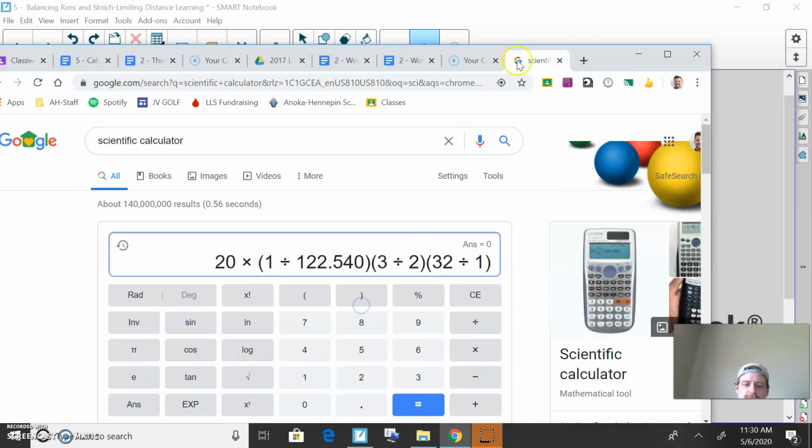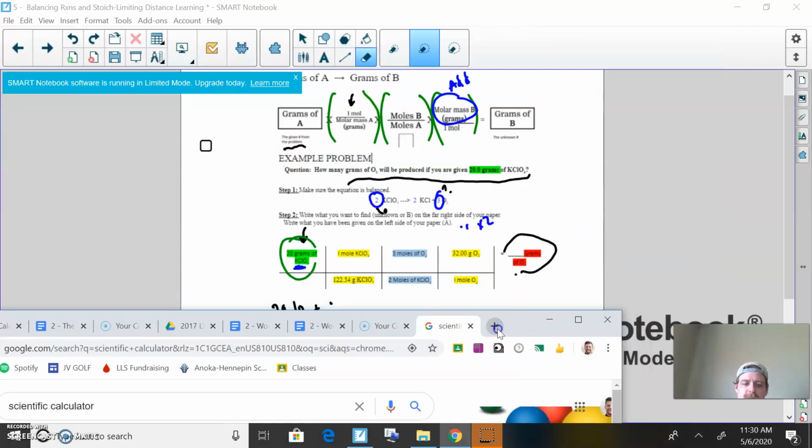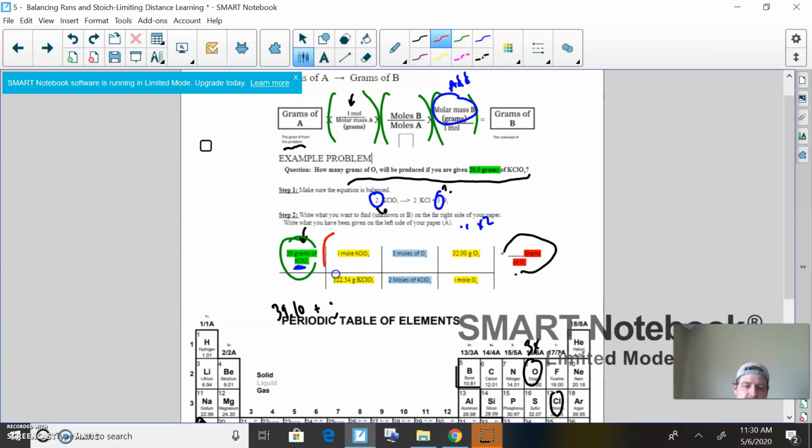Okay, so now I just plugged in those brackets, just like parentheses. So each one of these is a parenthesis, like that, and I just multiplied them all. Okay, so multiply, multiply, multiply, and then this means divide, essentially. Okay, and then the answer,